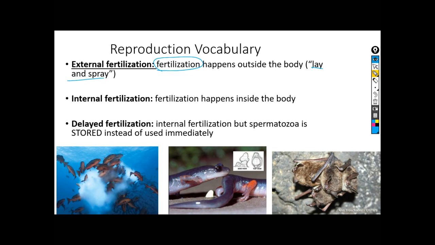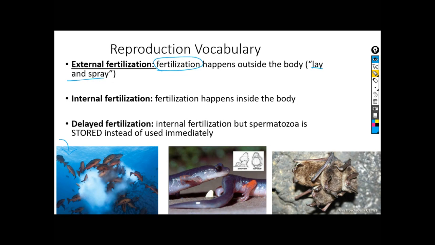This first image shows us a really good example of this. Pretty much this exclusively is going to have to occur in some kind of aquatic medium, some sort of space that allows those two to come together. So this is a spawning